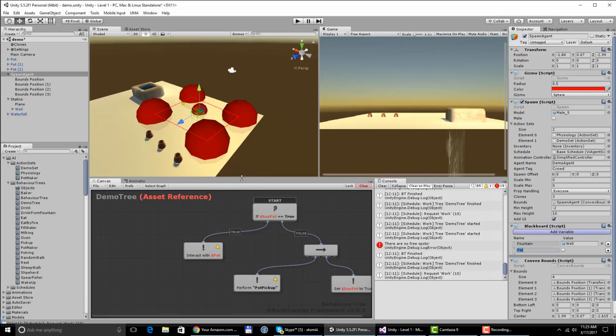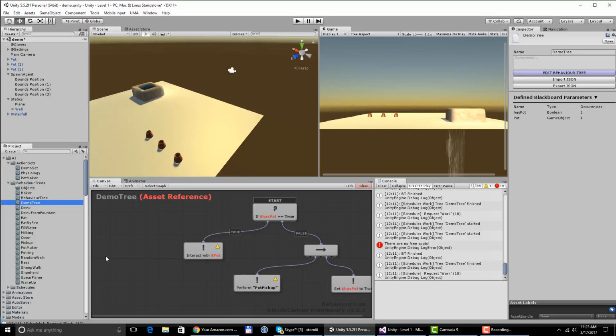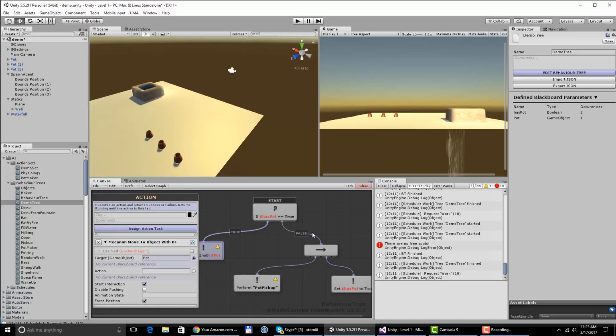move to interactive object. So I go to the demo tree, the behavior tree, and in here there is this action perform pod pickup, and we're going to do this thing, we will say, all right, so